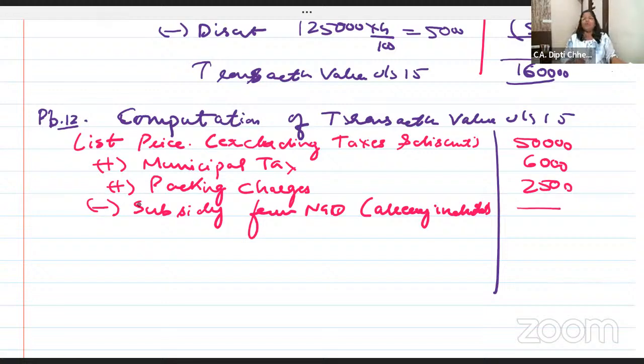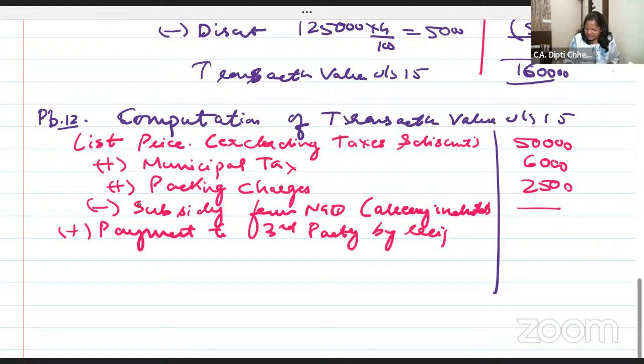So what will I do? Nothing. See, subsidy from central government you have to remove. Other subsidies you have to add. But this is already included. So leave it, let it stay, because it's a private subsidy. Just ignore. See how we can go wrong sometimes. Only for the subsidy part. We will practice more problems. No problem. Now, add payment to third party